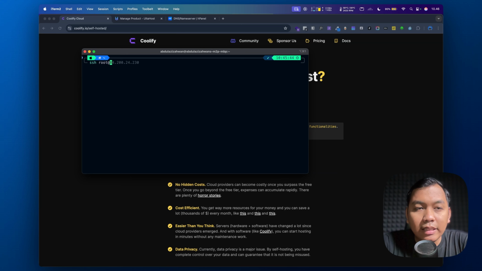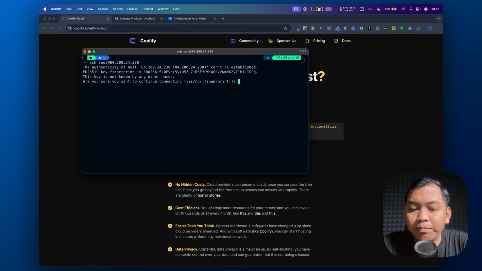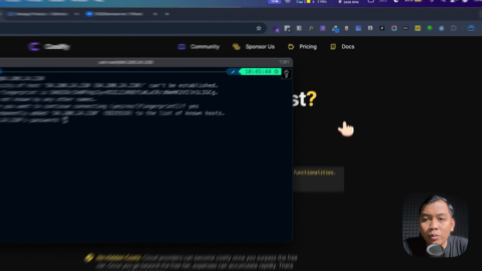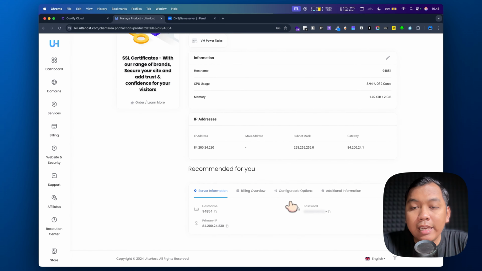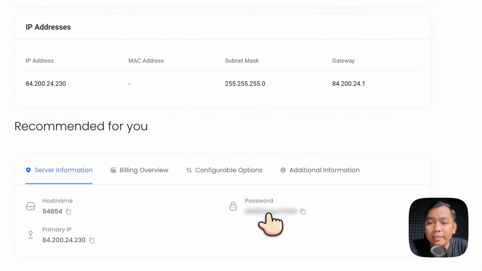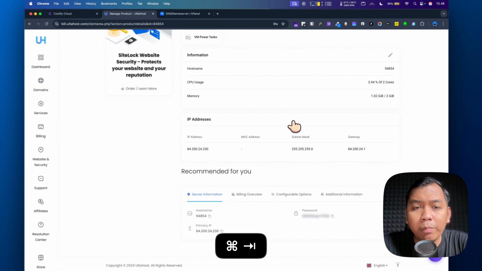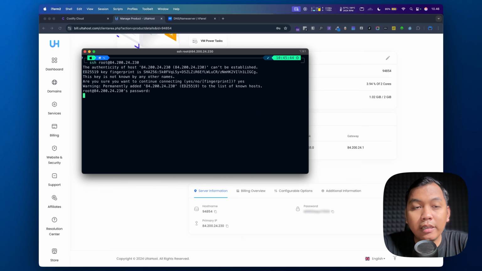So ssh root@ and then the IP address of my VPS, which is this one, and press enter. Usually it will ask whether you are sure you want to continue, then say yes and press enter. Next we need to provide the password for our SSH. You can check the details of your password and then paste it here.